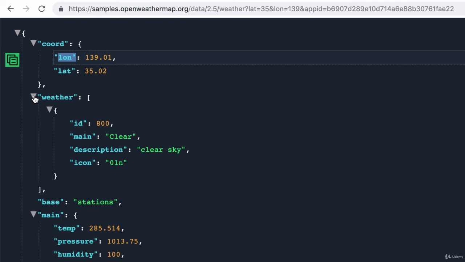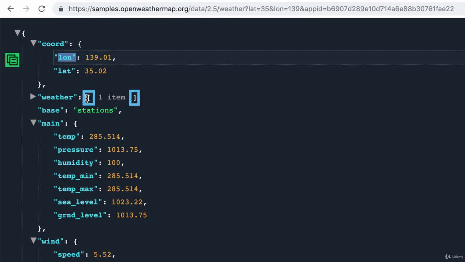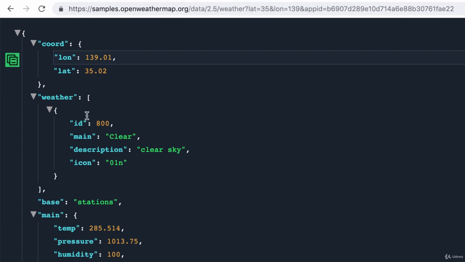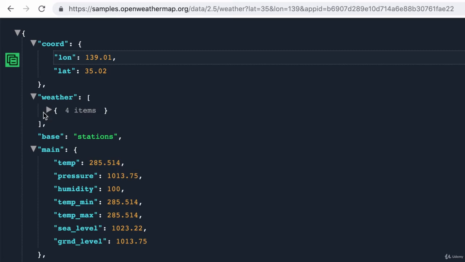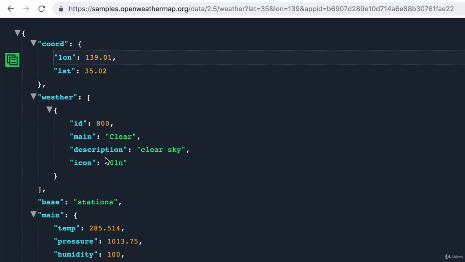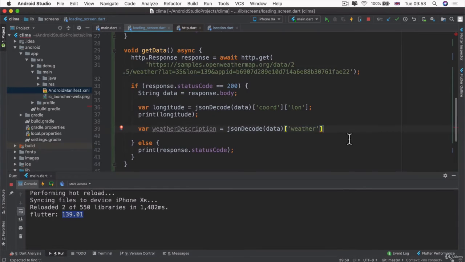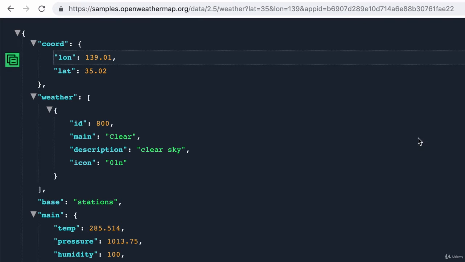So when you collapse our weather, you can see that it's got a list that only contains one item. So to access the first item in a list, what do we do? Well, we have to use the index of that list for the first value. And we know that lists start counting from 0. So here we have to add a square bracket and add 0 to be able to go into this tree